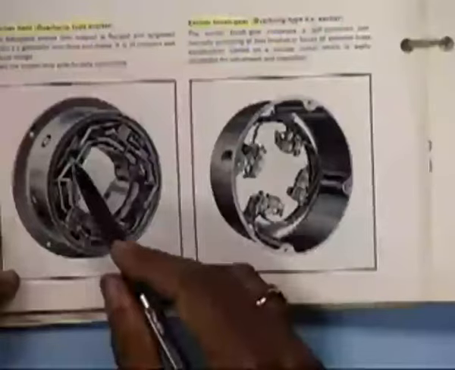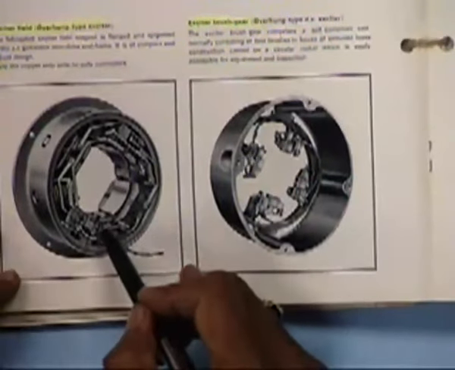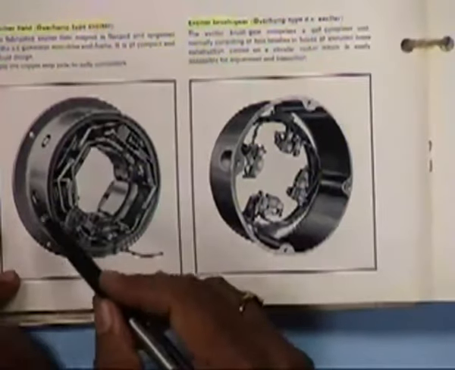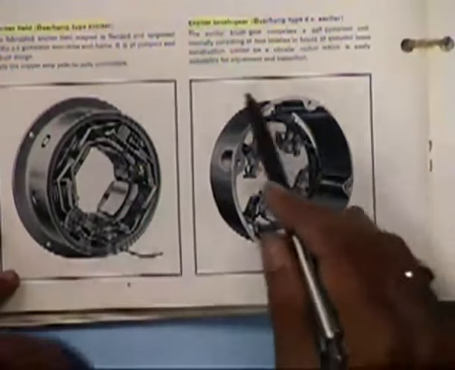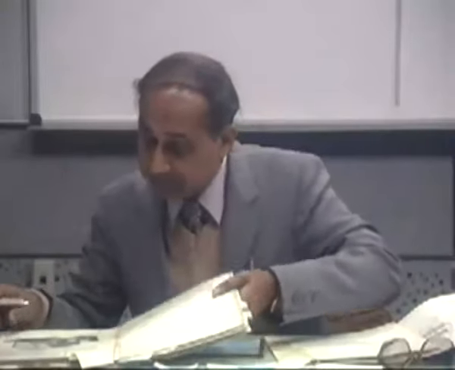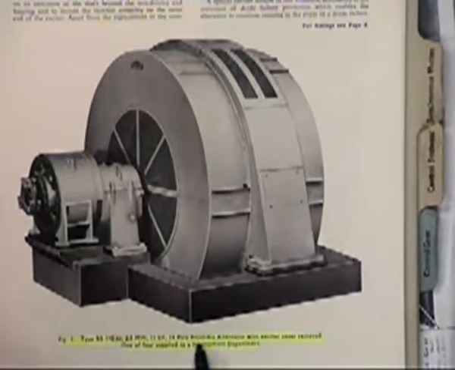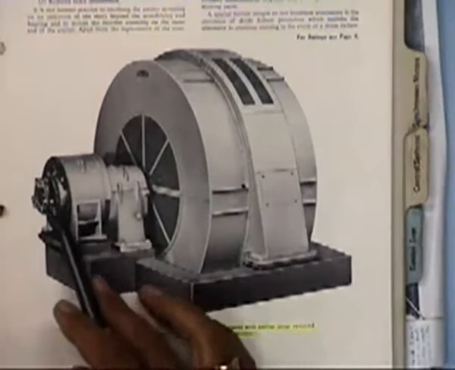Now when you say the AC exciter, it looks like this. So you have the DC fed to the stator of the exciter field, okay, and this is the exciter brush gear. So this is the 2.5 megawatts 11 kV 14 pole brushless alternator with AC exciter, diodes and so on. So this is the complete picture of a brushless generator which is around 2.5 megawatt.